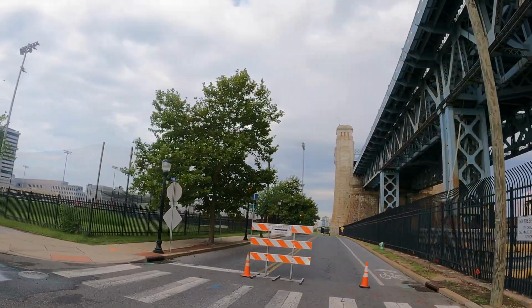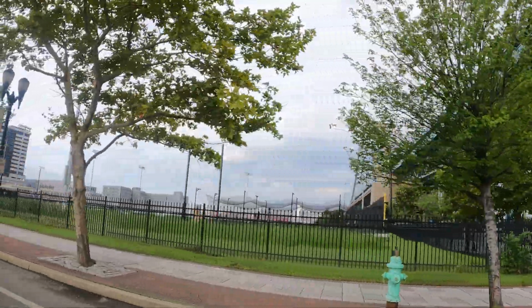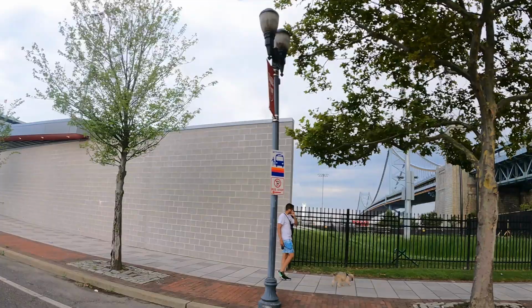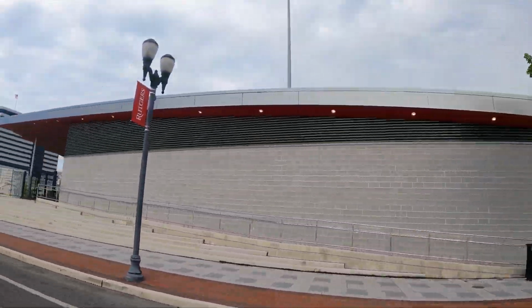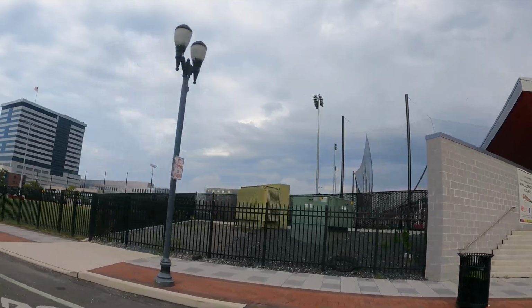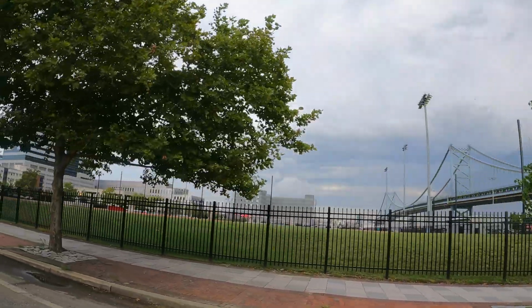Right now, we're passing the old site of where Campbell's Field used to stand. As you can see, we're underneath the Ben Franklin Bridge, and then off in the distance is the Philadelphia skyline. The fields that are there now look okay. There's nothing wrong with them. There are some nice bathrooms and maybe a concession stand, some transformers, but it's kind of a major disappointment to me,